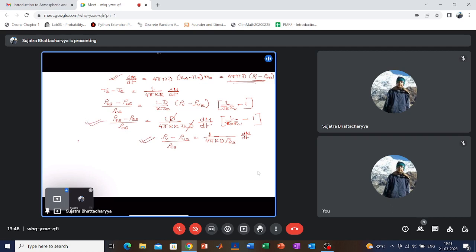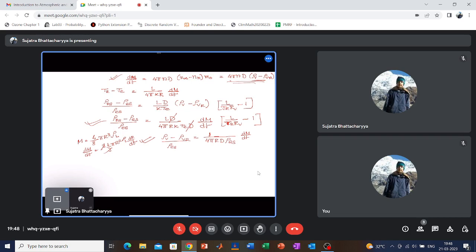And what is m? It is nothing but 4/3 pi r cube into rho L. So dm dt will be how much? 3 into 4 by 3, so 3 cancels out: 4 pi r square rho L dr dt. Fine. So this dm dt therefore can be written as,